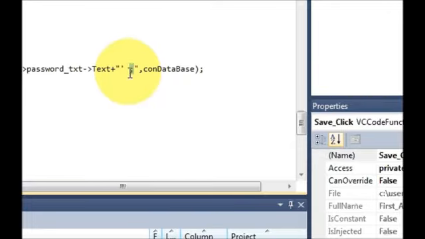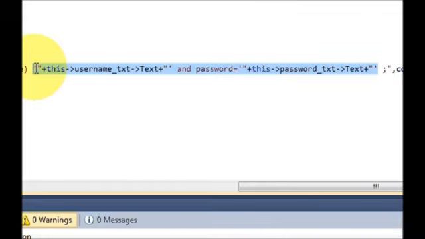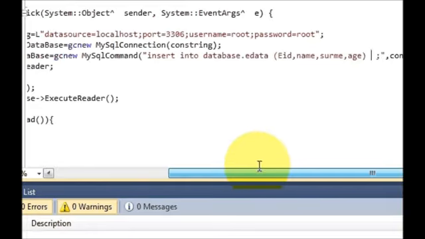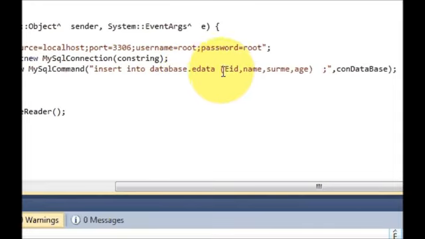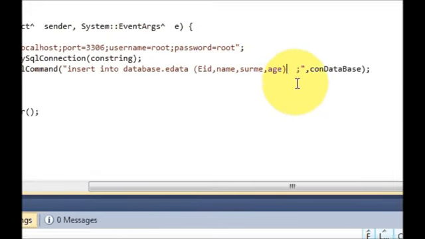This semicolon we are using to close our query. So our query looks like this: insert into database dot edata, and the 4 fields which we want to save, and then write